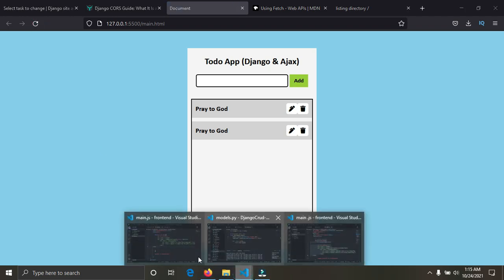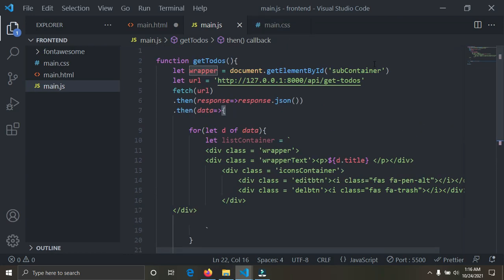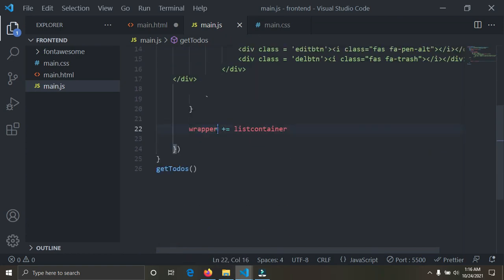Nothing has been rendered out. So let's see what the problem is. Okay, I've seen the problem. It should be wrapper.innerHTML, not just wrapper. .innerHTML means the content of this element, the HTML content. So I'm going to simply say .innerHTML